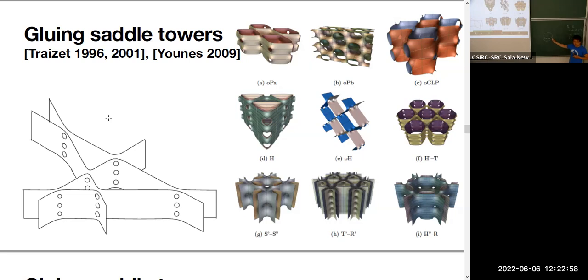So each puncture corresponds to a wing, as a short end of the saddle tower. And I have another one, and I glue punctures together. And in this case, the nodes correspond to these vertical planes, like this vertical plane. And if we look from above, this picture would look like